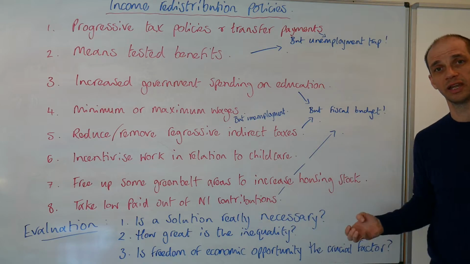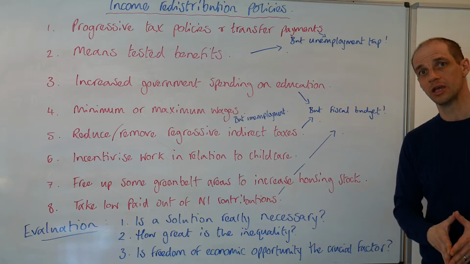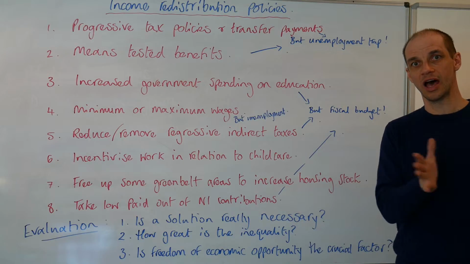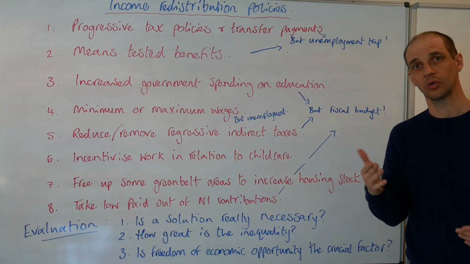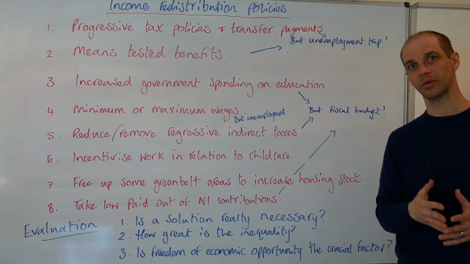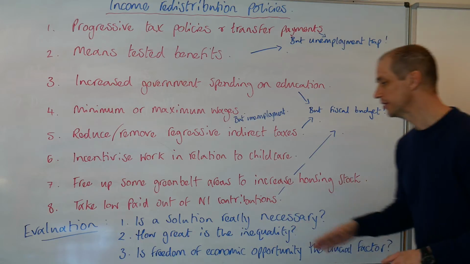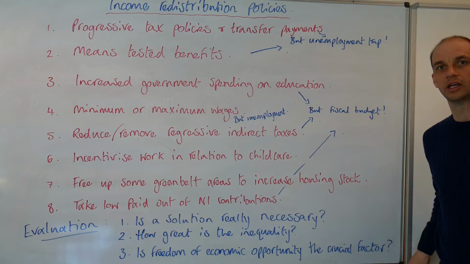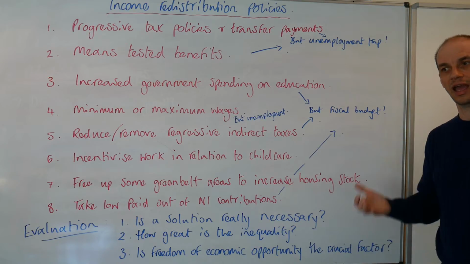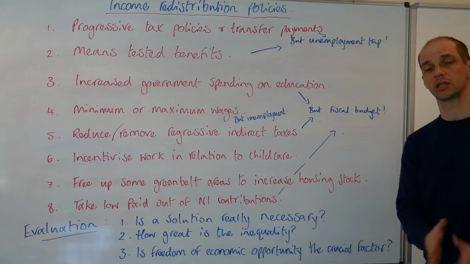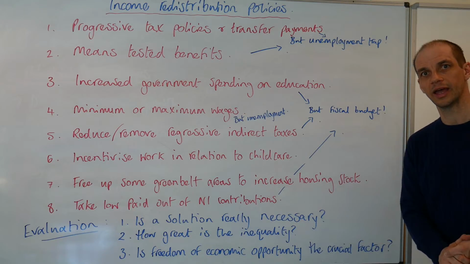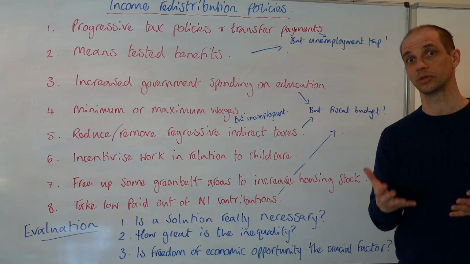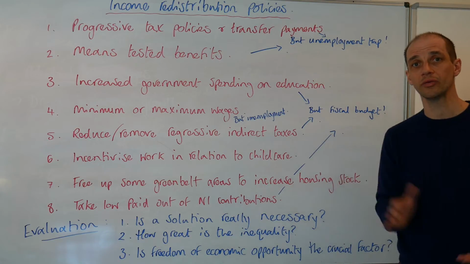How great is the level of inequality, and how great does it need to be before it becomes a real concern? The Kuznets curve, of course, suggests that as the economy becomes wealthier, then inequality should diminish. That's happened within some economies, but of course not all. And what about this? Is freedom of economic opportunity the crucial factor? So if everyone actually has this, and they have the ability to go to good schools and gain a good education, then is it just about differences in hard work and whether people actually just want to be productive? Okay, so another interesting area there.